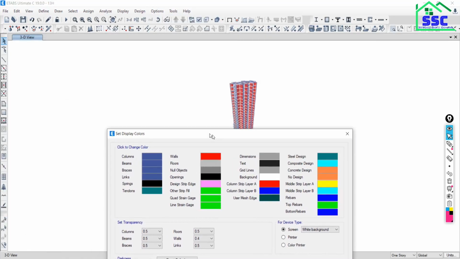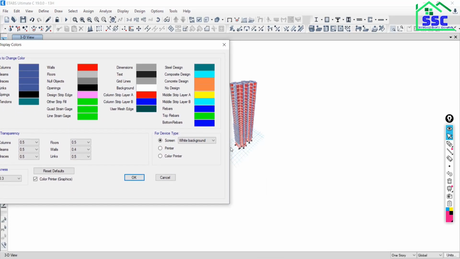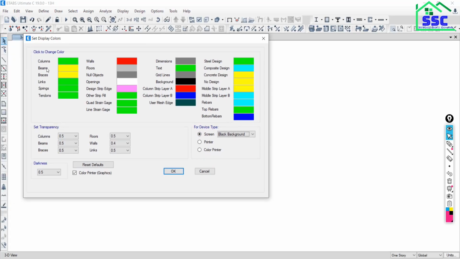So this is the default setting given by the ETABS software. If you want to work with the black background color in black theme, so just click over this and just say black background, and accordingly all the structural elements' color is going to change.